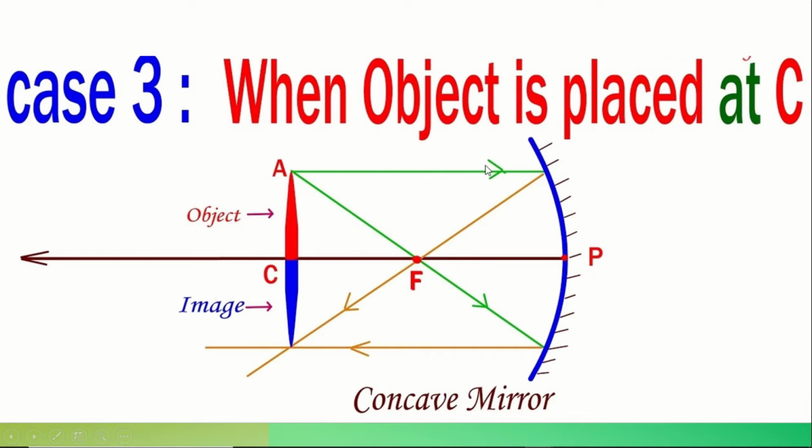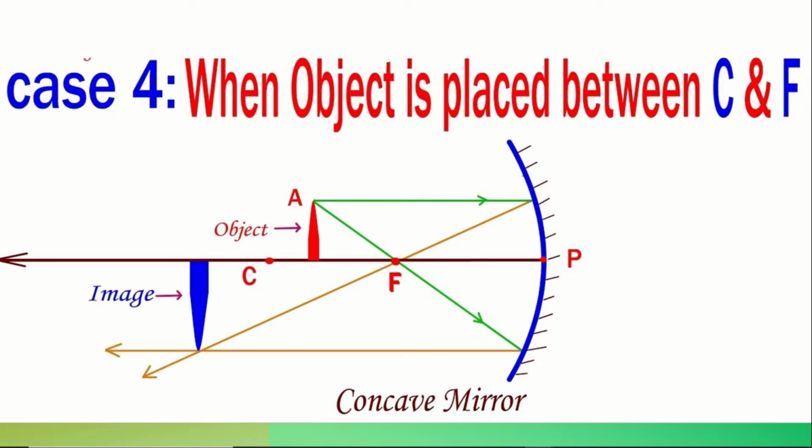So when these two rays hit the concave mirror, they reflect. After reflection, both the rays coincide at a point, at the center of curvature itself. So this shows that when the object is at the center of curvature, after reflection of the light rays, the image is also formed at the center of curvature itself, which is real and inverted. Inverted means the reverse form. So this is the third case.